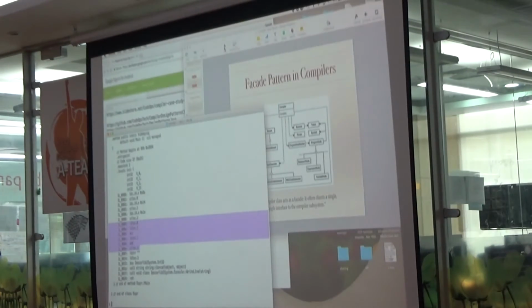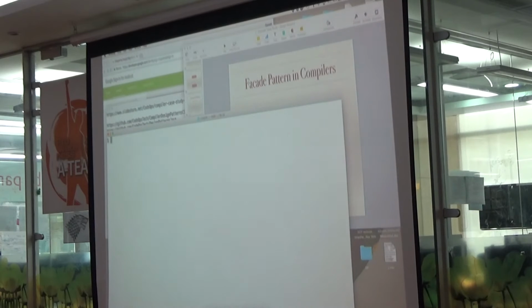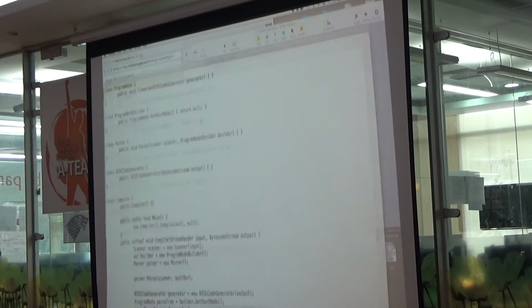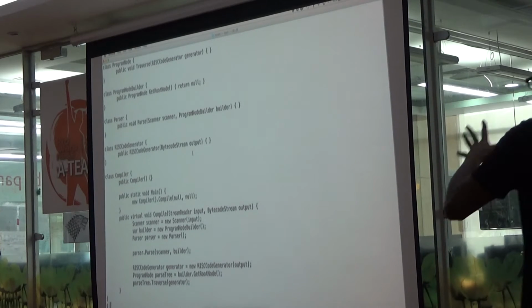So now let's come back to the code. I'm going to increase the font size. Facade, and we have a simple code example which shows how the facade works in real code. What we have here is stubbed out code.